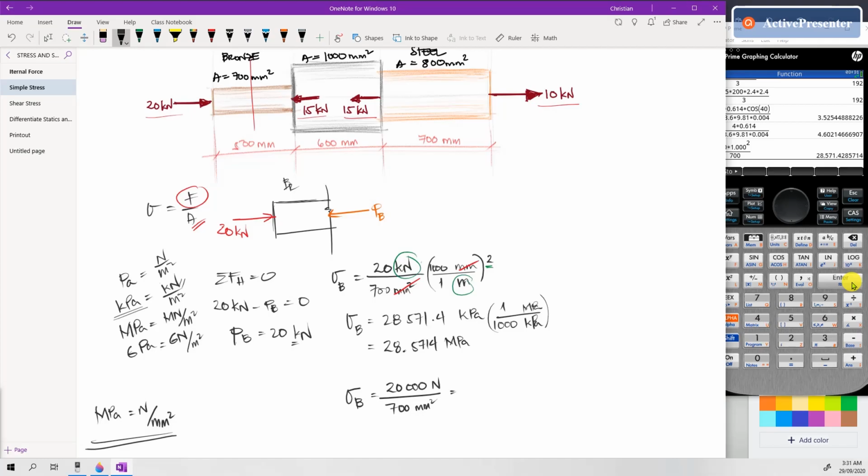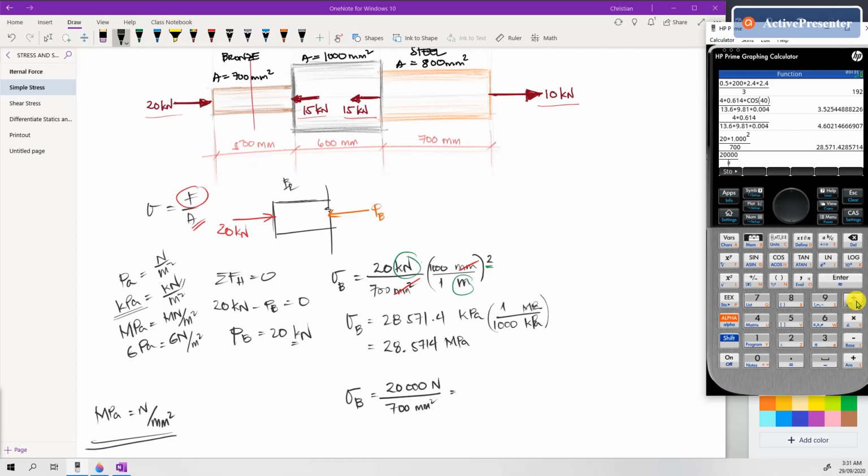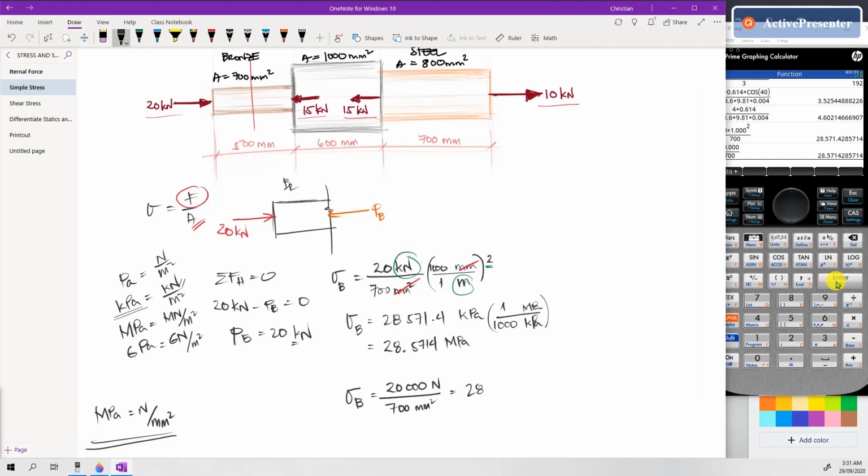Okay? So, 20,000 Newton over 700. Same stress, 28.5714 megapascal. Okay, so madali lang yun sa may bronze. Then let's proceed sa